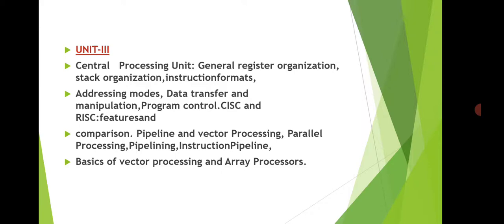Okay, after discussing the CPU, we will come to two types of instruction sets. One is CISC and the other is RISC. CISC is the complex instruction set computer, and RISC is the reduced instruction set computer. Whenever you design any particular CPU, you either use your instruction set in the complex format or the reduced format. So basically your CPU comes in two different technologies. We will see what features are there in RISC, what features are there in CISC, and we will do the comparison between RISC and CISC.